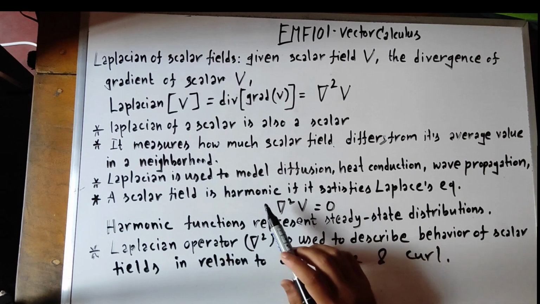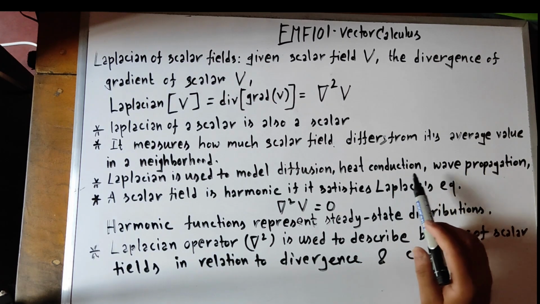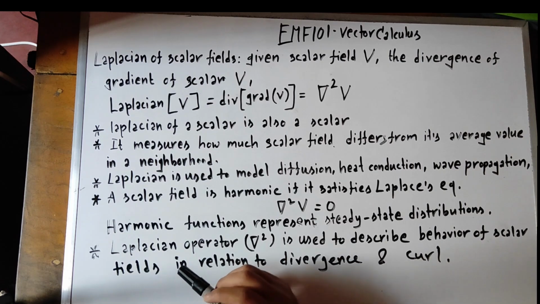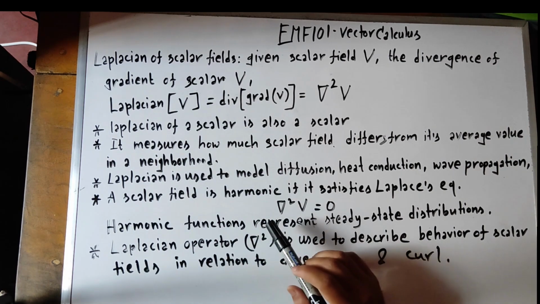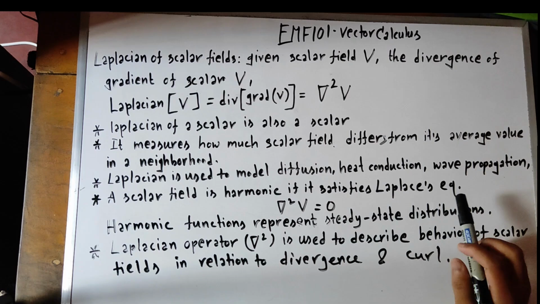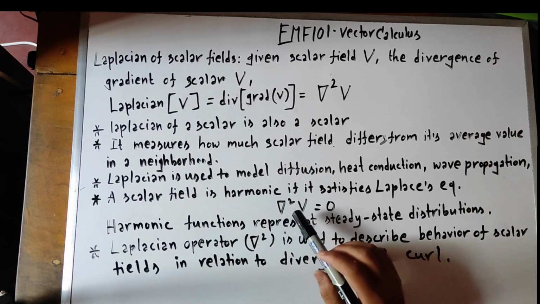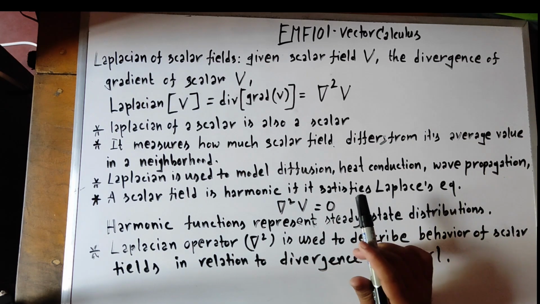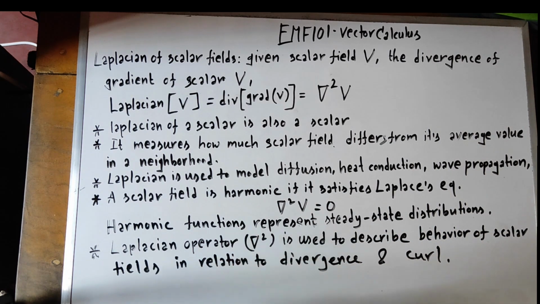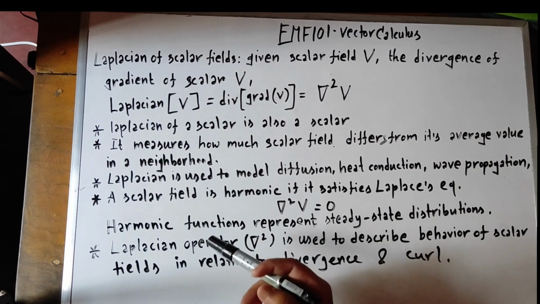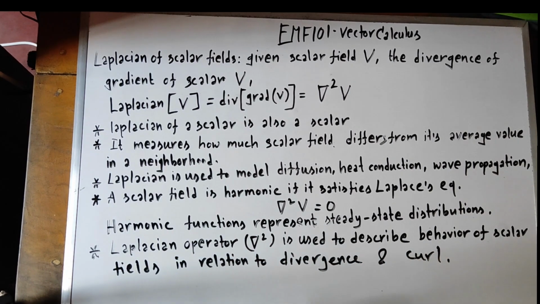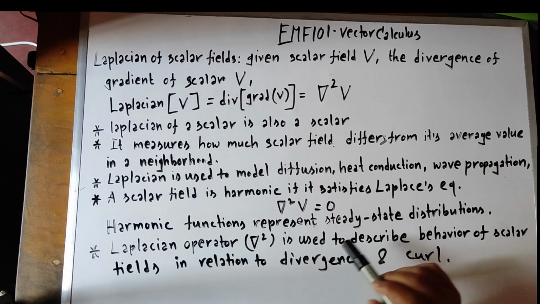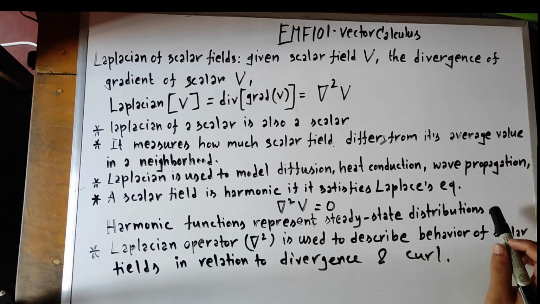Laplacian is used to model diffusion, heat conduction, wave propagation, etc. A scalar field is harmonic if it satisfies Laplace's equation, which is del square V equals 0. And harmonic functions are very significant in EMFs and solving EMF related problems, because harmonic functions represent steady state distributions of fields,